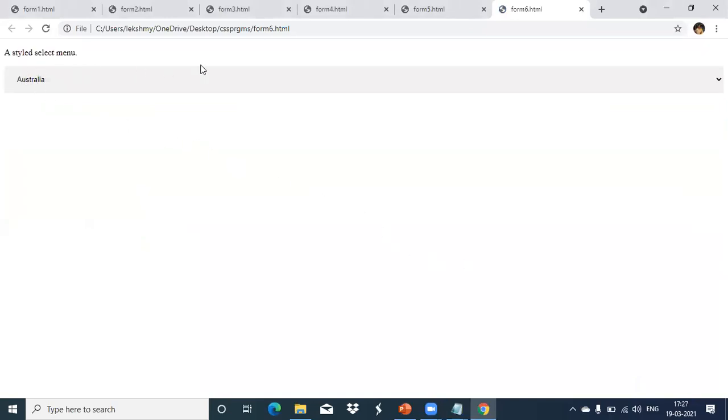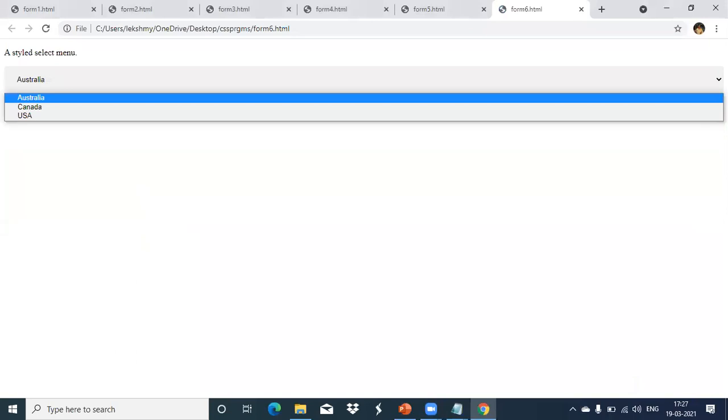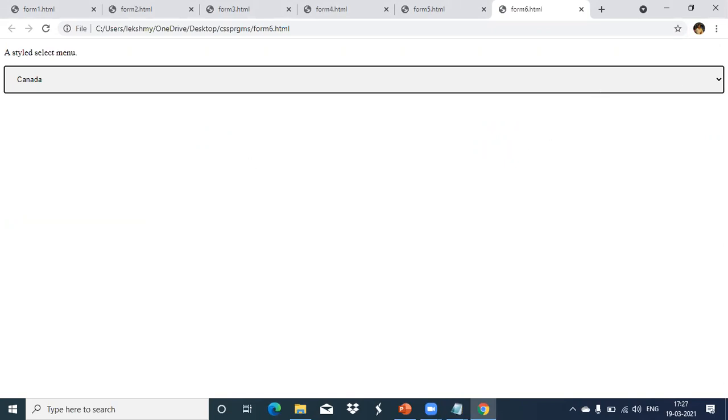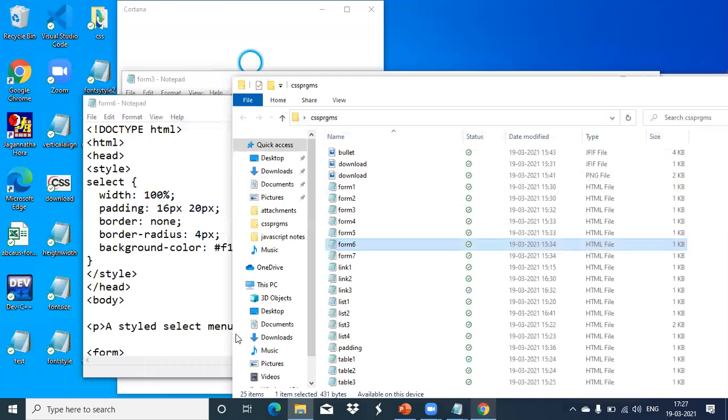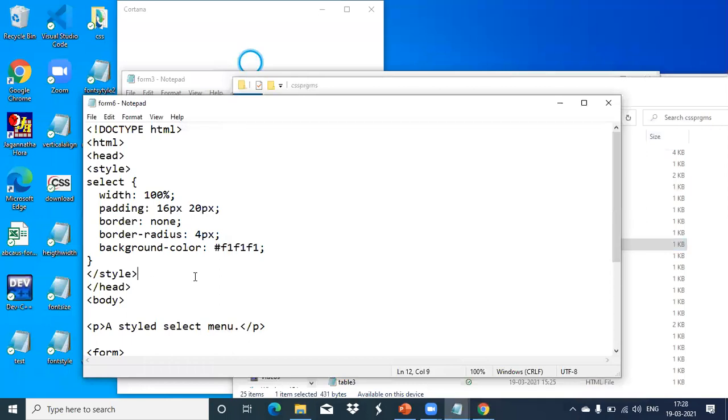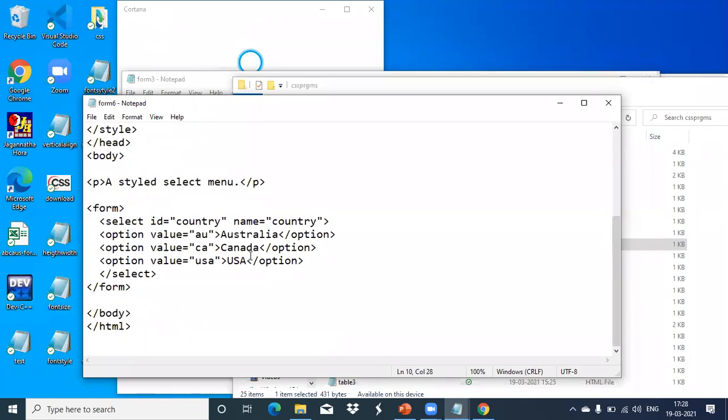See, like this. When I click on that, we can select which value we want. Like this. This is one drop down list we have created. That styles also implemented. Okay, clear? Any doubt? Whichever background color you give, that only will come. That is some grayish color only, so it is showing like that. You can change to whichever color you want. So this is styling for your drop down list. Okay.